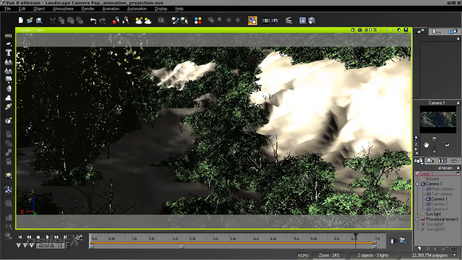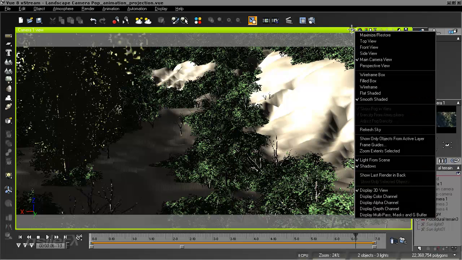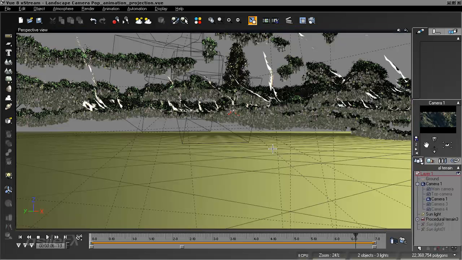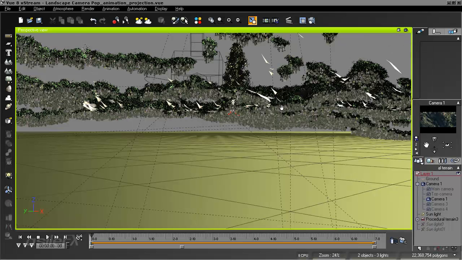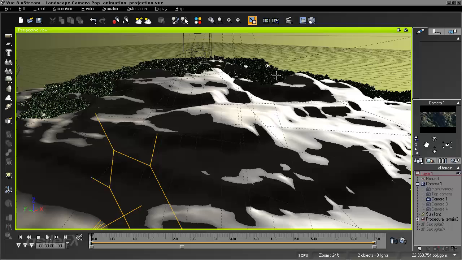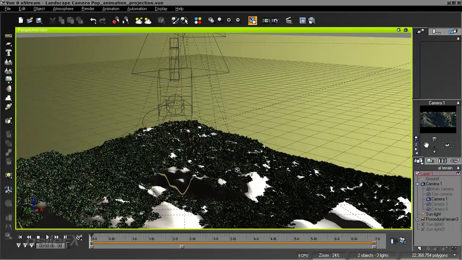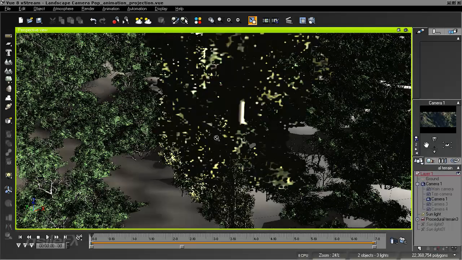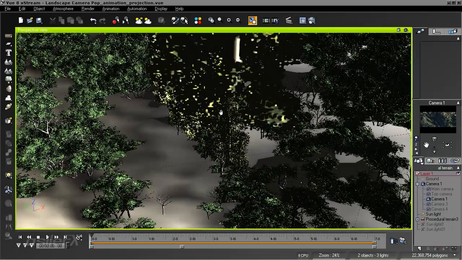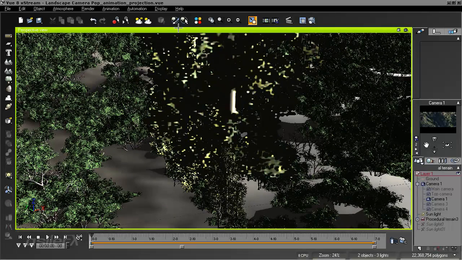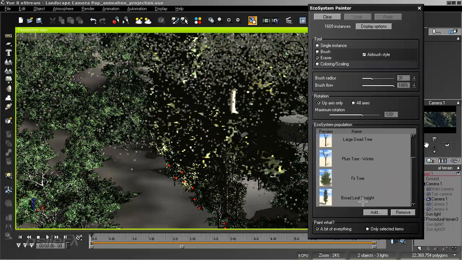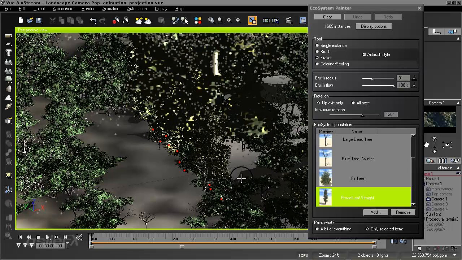So if we need to edit this, since it looks like the size is a little bit off, I'm going to switch this over to the perspective view, go back to frame 0, and we have this very large tree in here. The scale looks like it's quite different. So I'm going to select Paint Ecosystem, select only selected item, broadleaf straight trunk, and